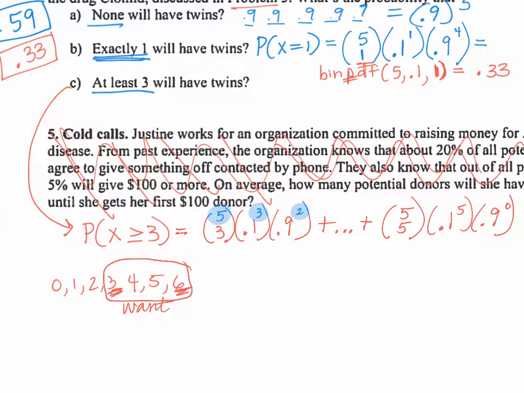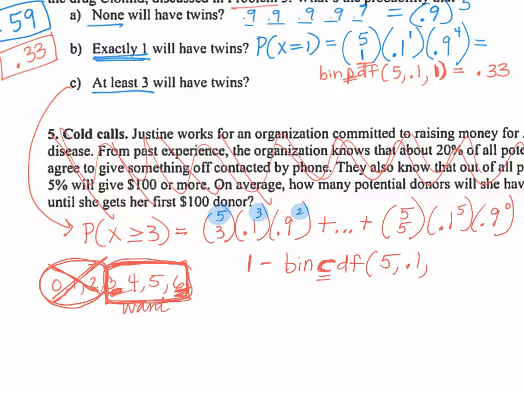So, the way you would love to calculate this is just binomial CDF, cumulating from 3 up to 6. But our calculator does not calculate an accumulation from a midpoint up. The way you have to do this is take off the part you do not want. So we will have to go in the calculator 1 minus the accumulation of the bottom part I want to take off. So that's binomial CDF of